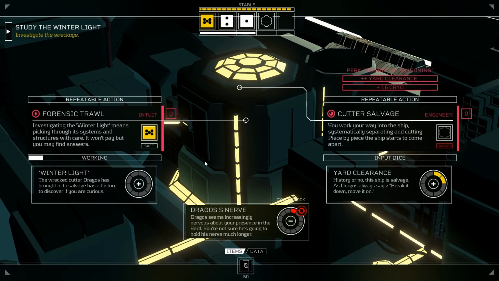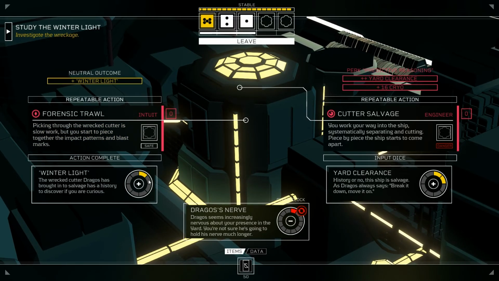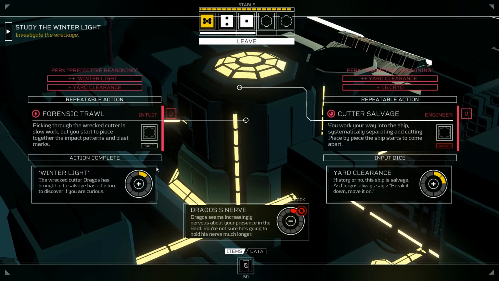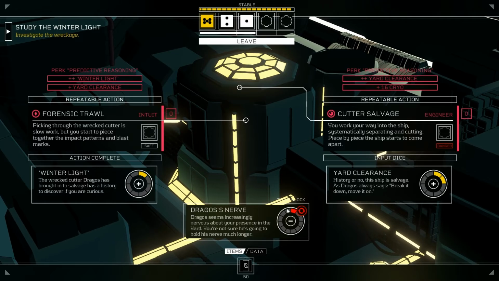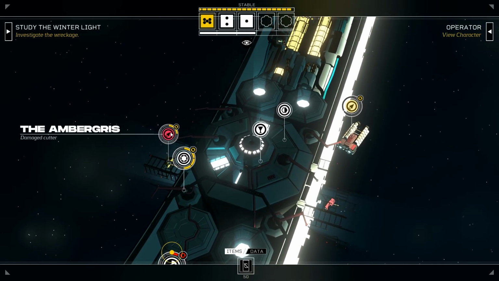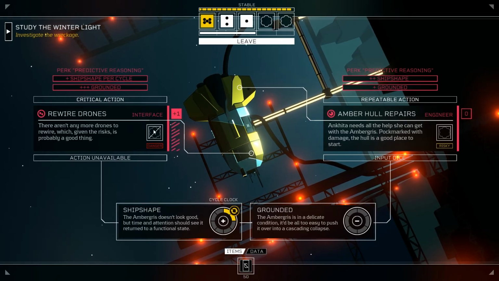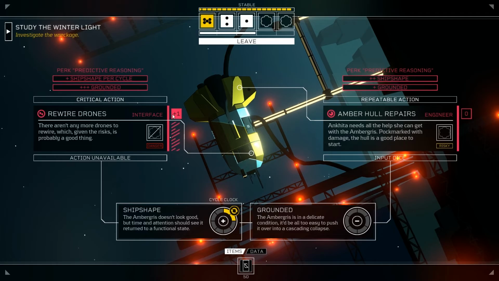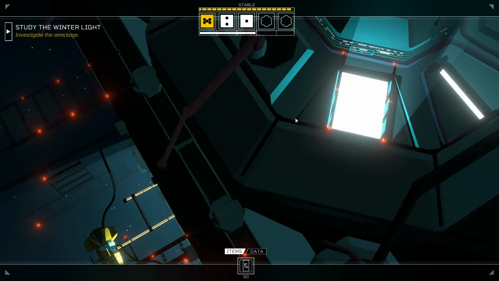Let's do some of this. Neutral outcome, plus winter light. Okay, so... not great, but I could do it again. I guess the problem here is I don't want that to tick too far over, so let's leave that for now. This thing is fixing itself. Can't rewire the drones again. So that's done. That's slowly ticking up, so that'll be a couple of cycles here. I could hurry up with engineering, but...